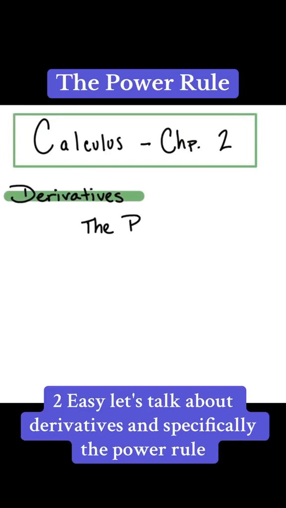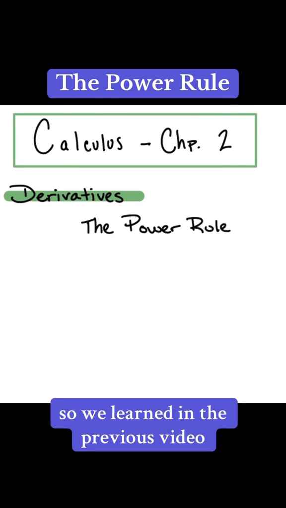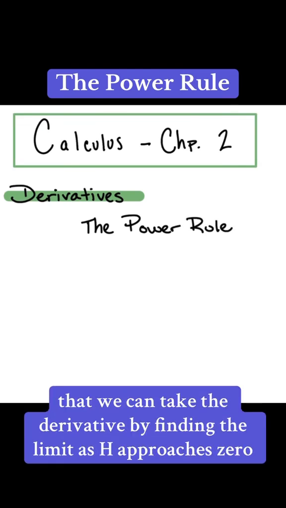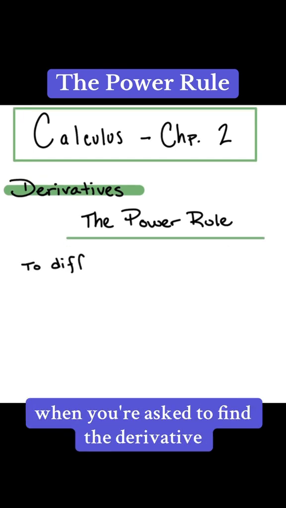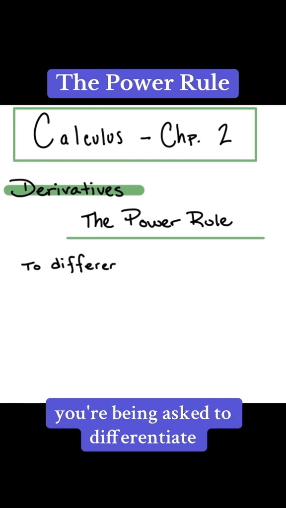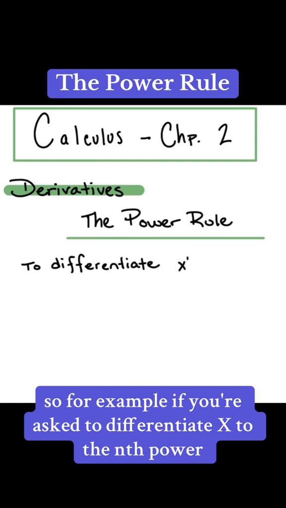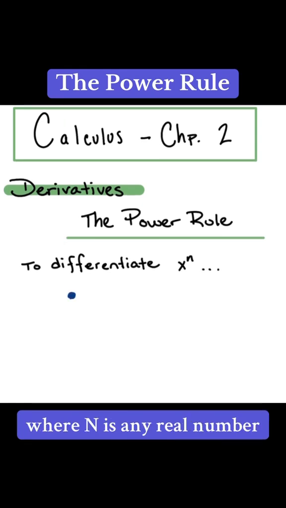Let's talk about derivatives and specifically the power rule. So we learned in a previous video that we can take the derivative by finding the limit as h approaches 0, but the power rule is so much faster. So when you're asked to find the derivative, you're being asked to differentiate. So for example, if you're asked to differentiate x to the nth power, where n is any real number,